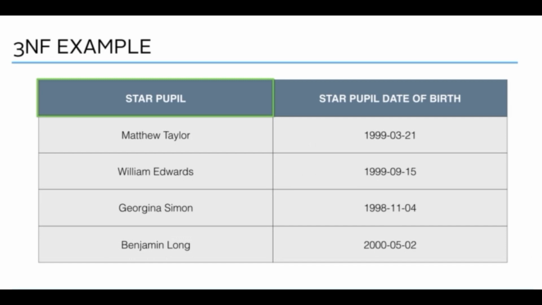Now, as an example of third normal form, I showed you this table with the star pupil and the star pupil date of birth. But in reality, you wouldn't actually even need this table, because any school would already have a student table with every single student in it. So you could get the star pupil's date of birth from this student table. But for an example of showing you third normal form, I included this table as well. So that's it for the levels of normalization. Obviously this was a lot of information to take in, so if you need to